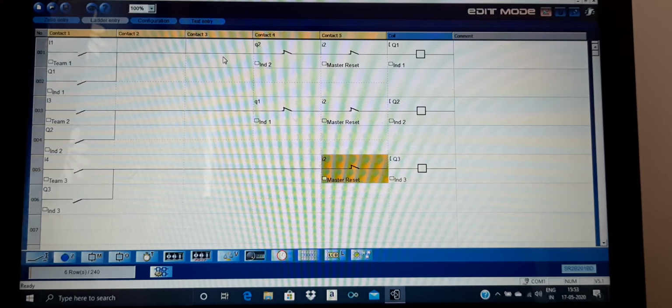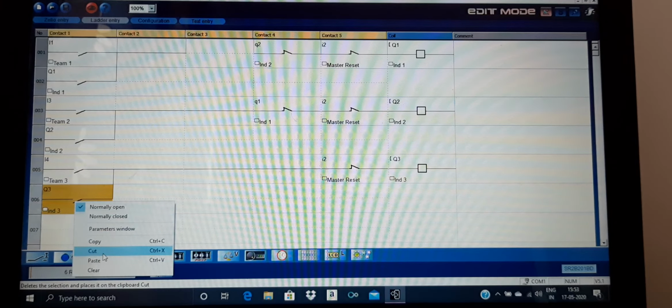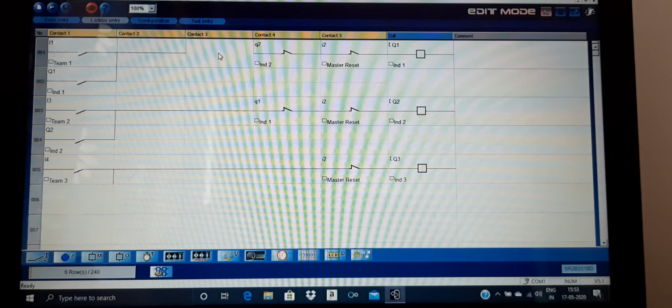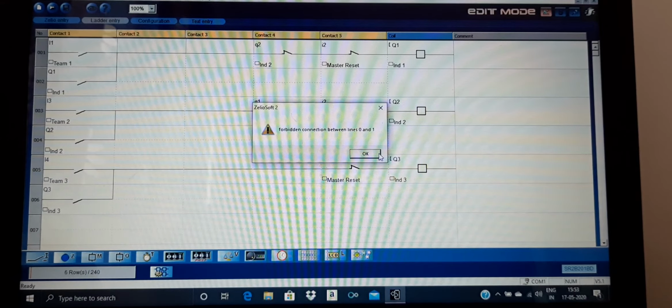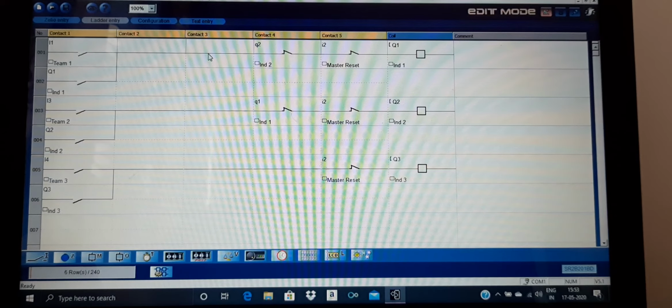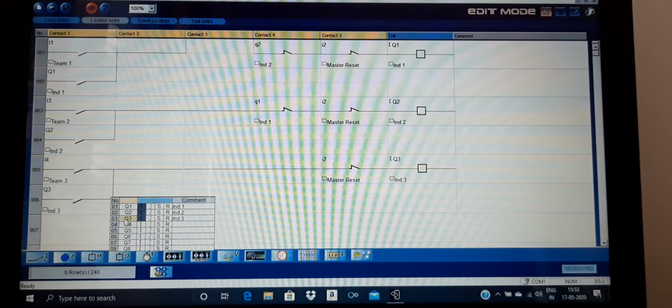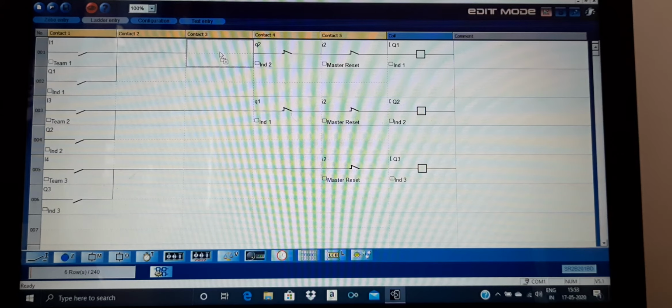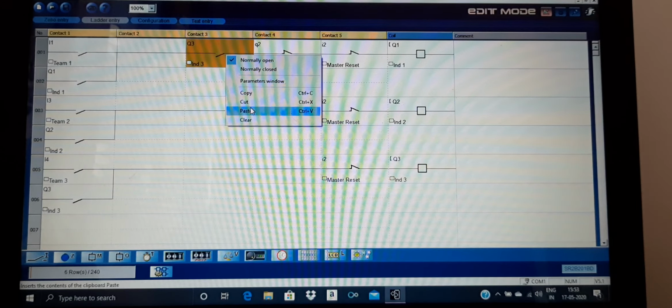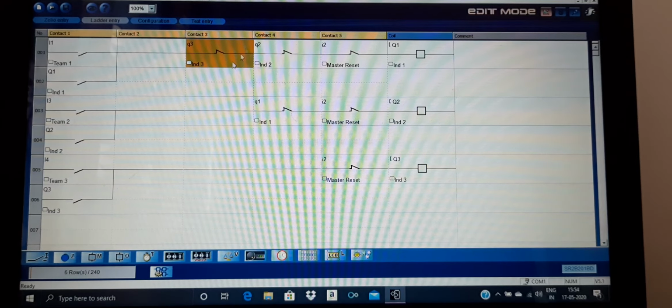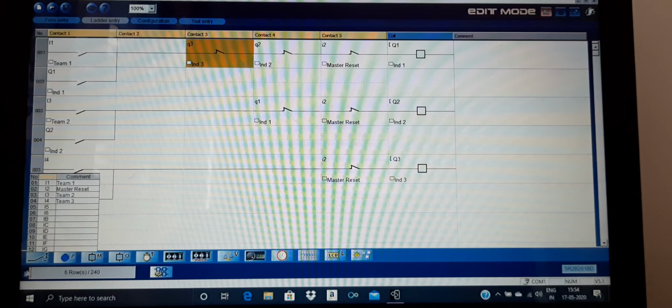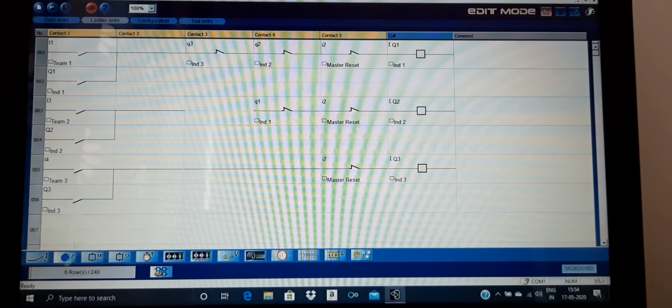Now in series of team 1 I must place, great. Now here it will be again the retention contact of team 3.